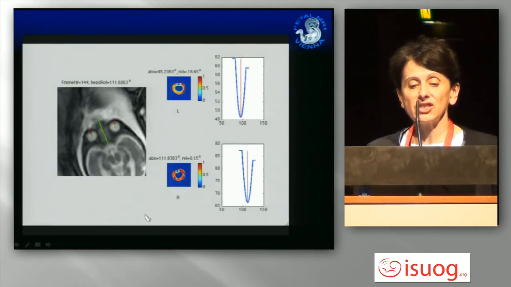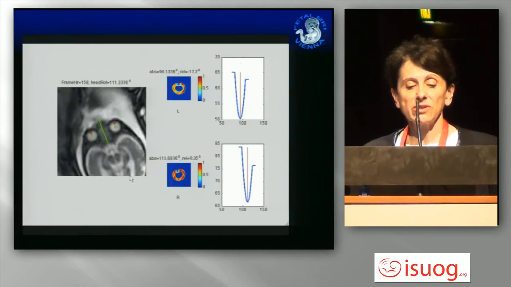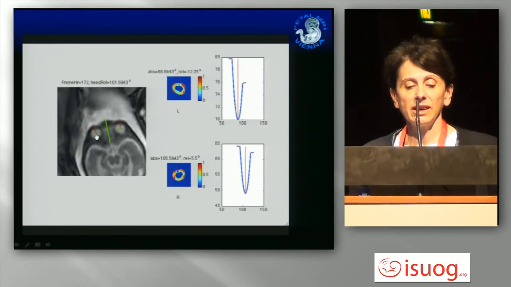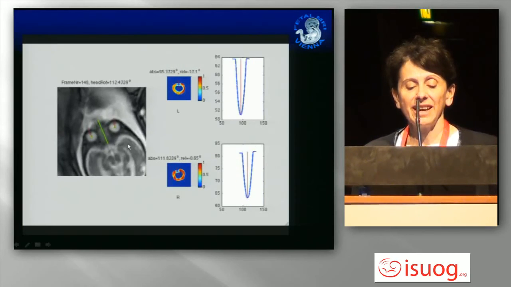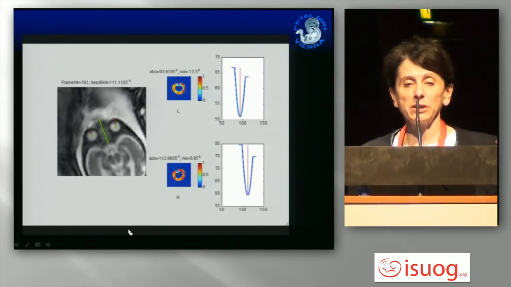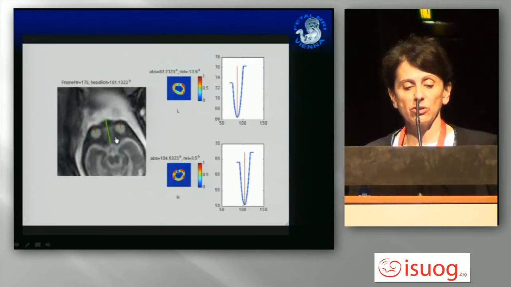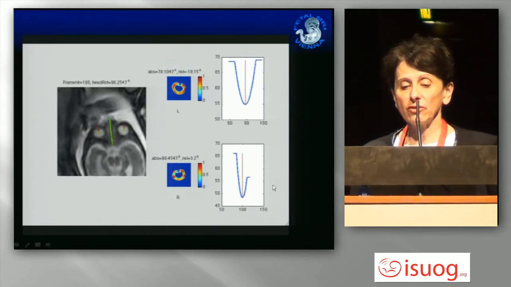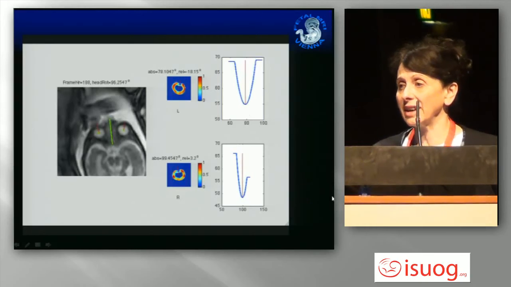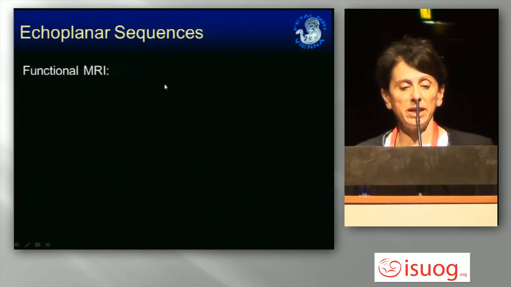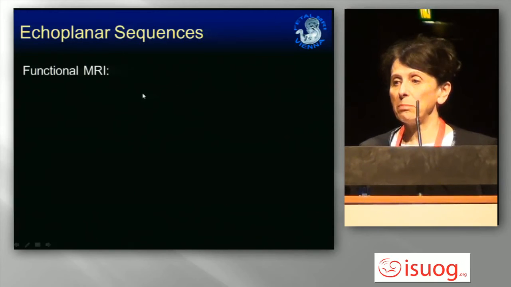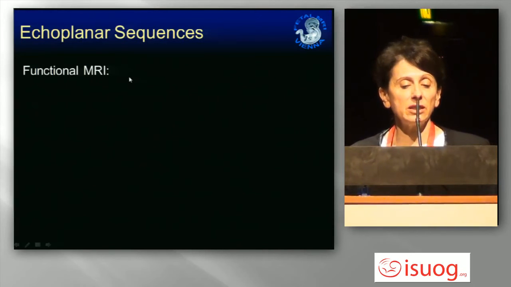And this is just an example of a fetus after gestation week 30. You see it turns the head and the eyes stay centered. And this is very often combined with the movement of the hand, as you can also see here. This is, of course, research in the beginning, and I'm not going to draw any conclusions whether we will be able to apply it. But what we are already doing is functional MRI.